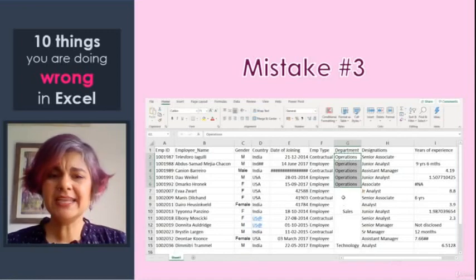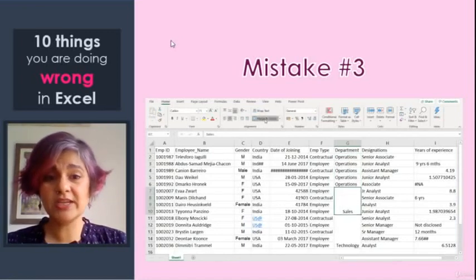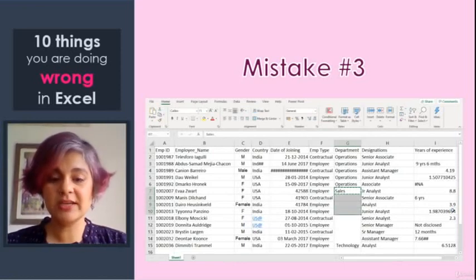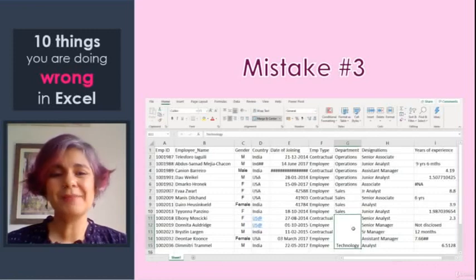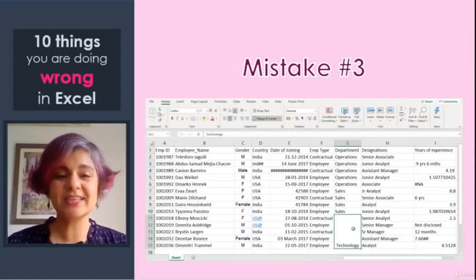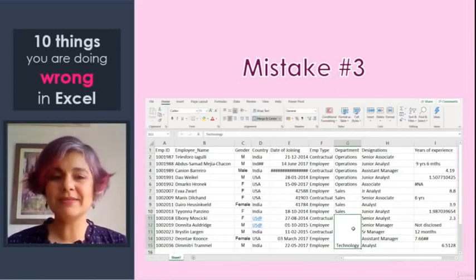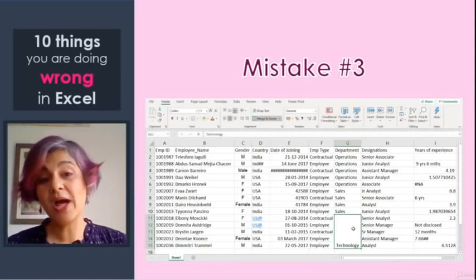And yes, this is not the most elegant way to perform something like this, and there are other ways that you can do this, which are a little bit more complicated, but that's not in the scope of this course. Here we are just telling you what these common mistakes to look out for are, and why it's really important for you to fix them.